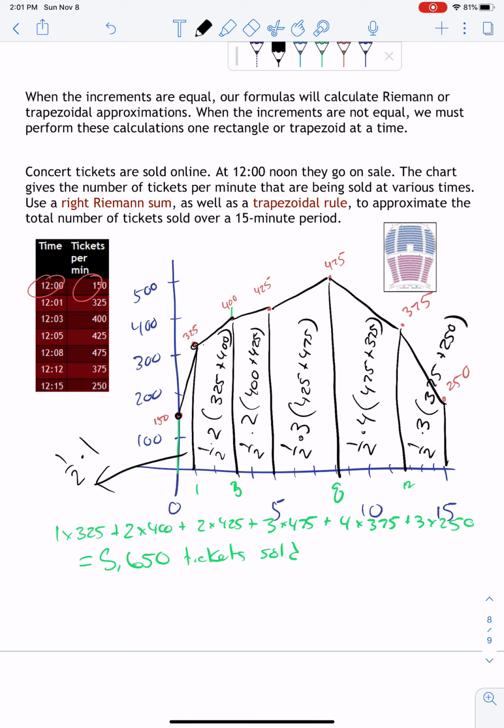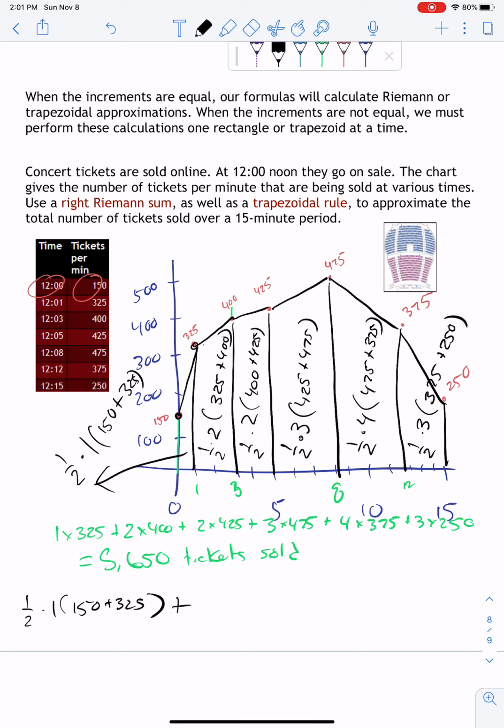It's 1/2 at the beginning because it's a trapezoid. And then I start at 150, and then I go up to 325. So to find this one, I've got to add all of that together. I've got to take 1/2 times 1 times 150 plus 325